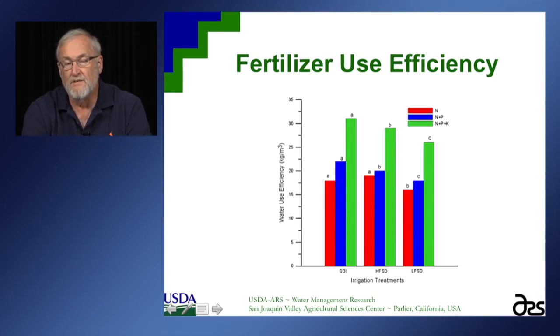What I show here is the result of a fertilizer study. It was a water fertilizer study. There were 3 irrigation treatments. There was a high-frequency surface drip, a low-frequency surface drip, and SDI, which is a subsurface drip irrigation. And what I really would like you to see is what the effect was when the initial study just looked at nitrogen, and then they added some phosphorus to it, and then they added potassium. And you can see how much of an impact, regardless of the systems they're using, that simply adding that potassium fertilizer then increased the yield.